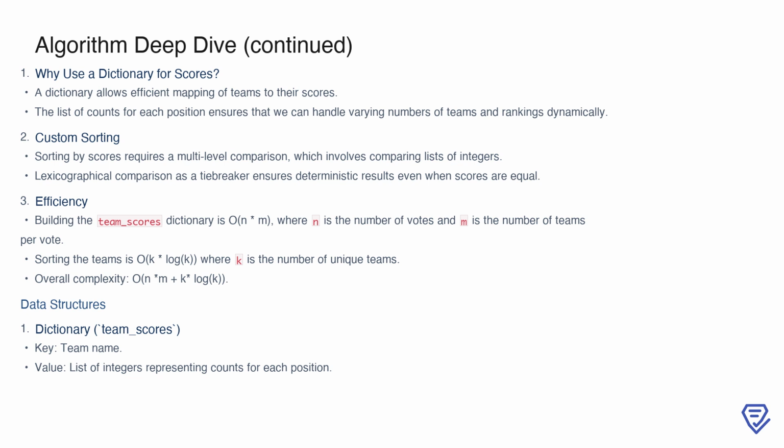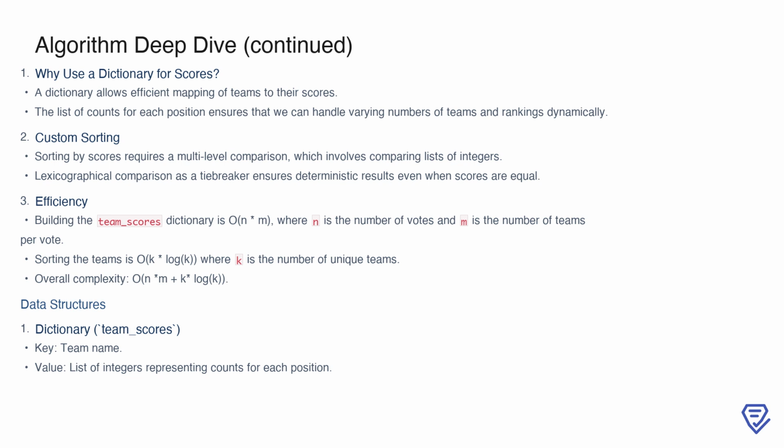In terms of efficiency, the algorithm is well optimized. Constructing the team_scores dictionary involves iterating through all votes and their positions, which has a time complexity of O(n * m), where n is the number of votes and m is the number of teams per vote. Sorting the teams is O(k * log k), where k is the number of unique teams. Combining these, the overall complexity is O(n * m + k * log k), making this approach scalable even